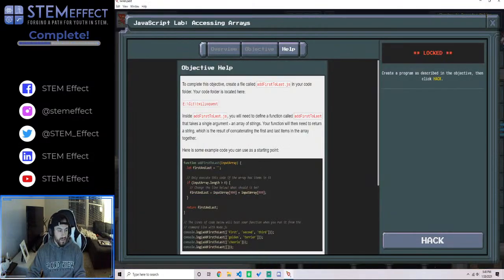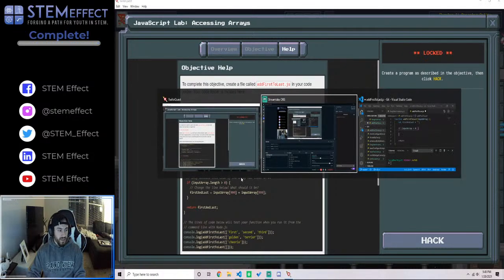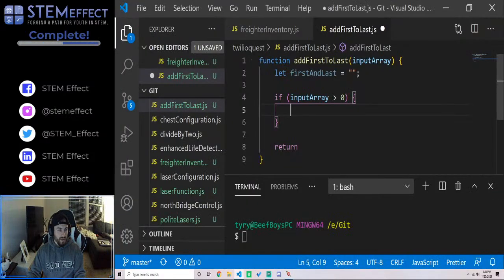Okay, so input array dot length. This measures how many indexes are in the array. So if there's 2, the length's going to be 2. If there's 1, length's going to be 1. If there's 0, the length is going to be 0. So that's how we know if there's something in it. Alright,